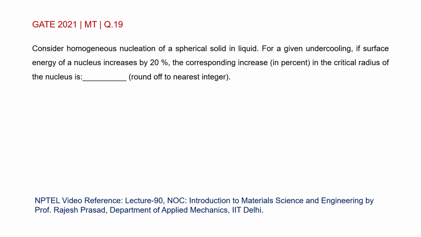GATE 2021 Metallurgy question number 19. Consider homogeneous nucleation of a spherical solid in liquid. For a given undercooling, if the surface energy of a nucleus increases by 20%, the corresponding increase in percent in the critical radius of the nucleus is, okay. So this question deals with homogeneous nucleation, and